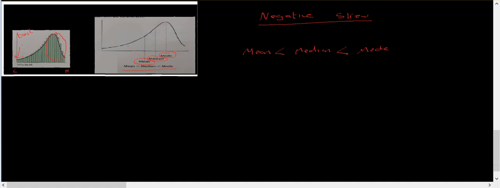And the way to identify it is to look at where the tail is. The tail will generally be over to the left hand side. So again, if we were to think about some real life examples of data that would be negatively skewed, we can think about, for example,